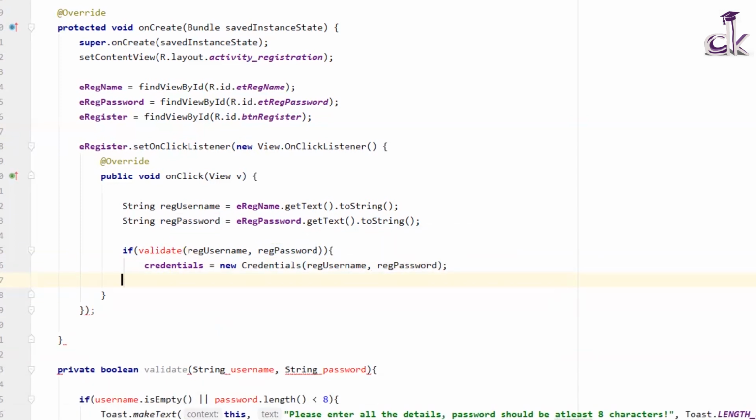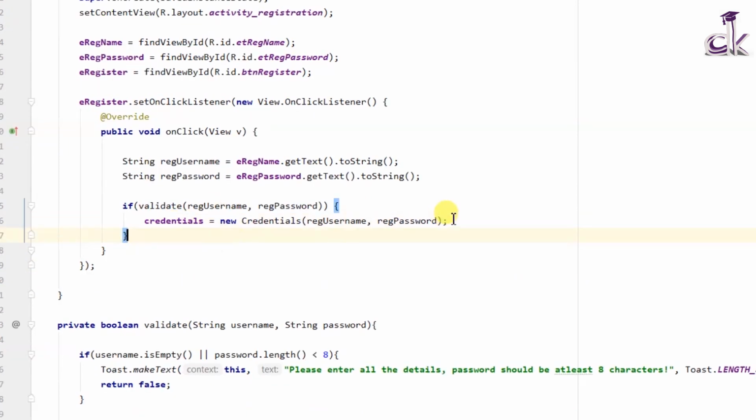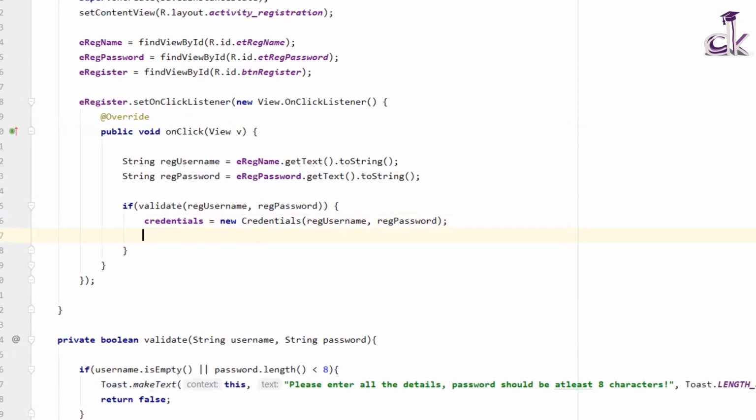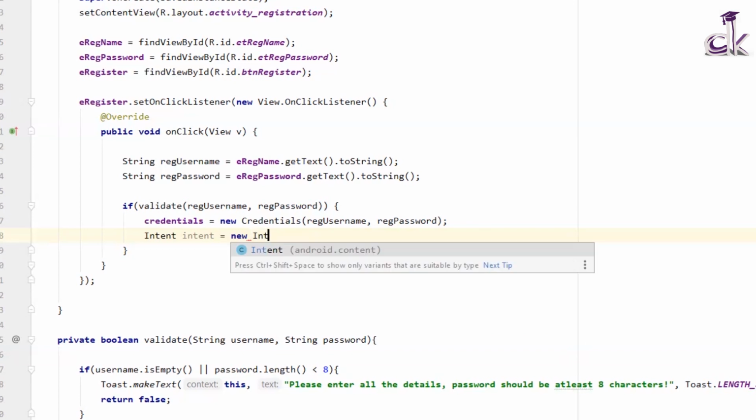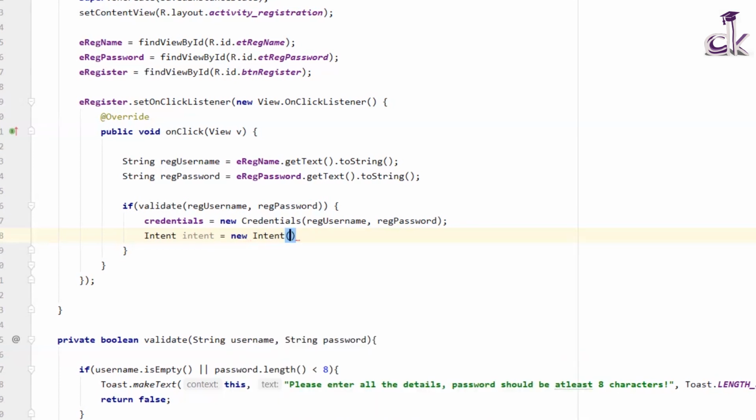All right, so we have our new credentials, and then we want to direct the user from this particular activity into the main activity. For that, you will again need to do an intent. So you could do intent this way, where you create an intent equal to new, and then inside the intent you will need to pass in the activity, the source of the activity, and then the destination.